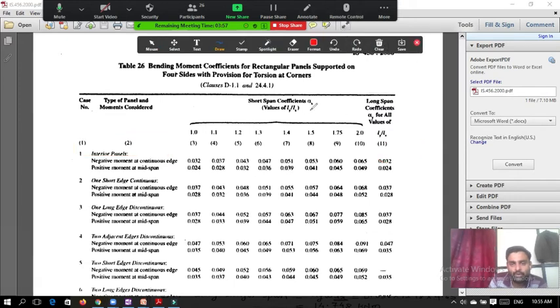to calculate this value of alpha x, what is the value of ly by lx? The value of ly by lx is 1.32. So it comes between 1.3 and 1.4. We want to calculate it for 1.32. So 1.3 is the fourth column, 1 2 3 4. The fourth column and fifth column, we need to look at in front of our condition. If I move down,